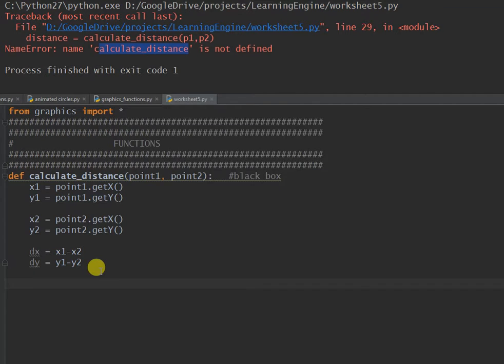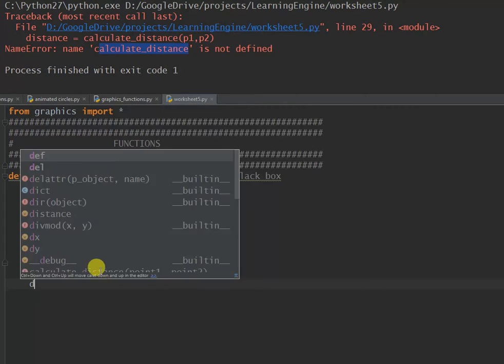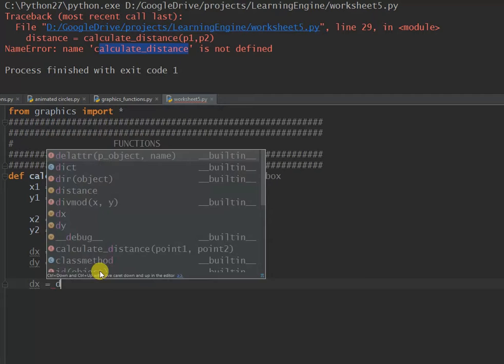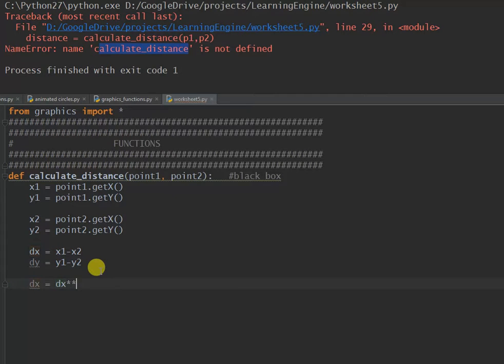Should hopefully be a lot simpler and easier to understand. Now we can do something very clever. We can take dx and we can pass it the square of dx. Now let's do it like that, shall we? Or should we just use the function? Let's use the function